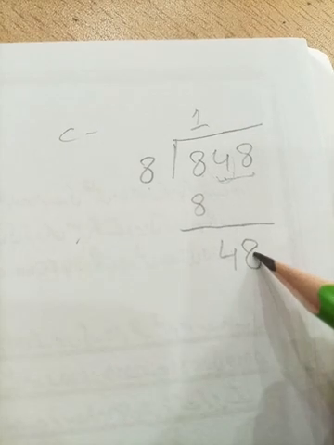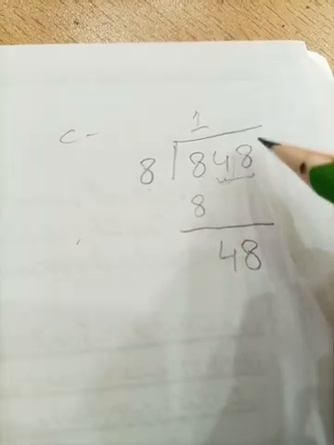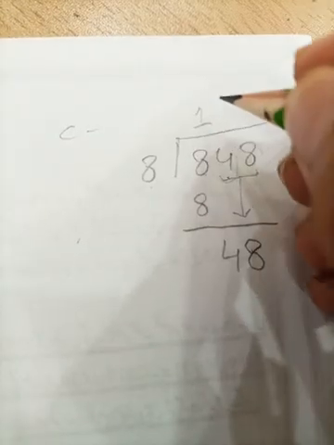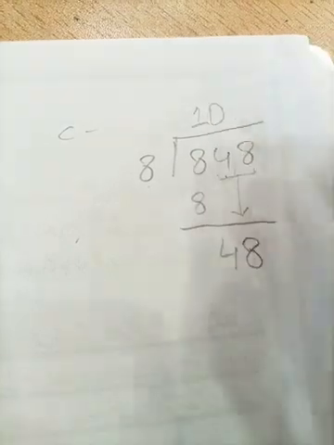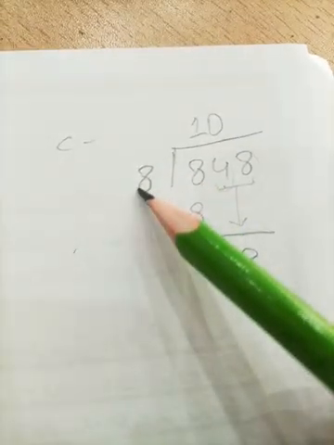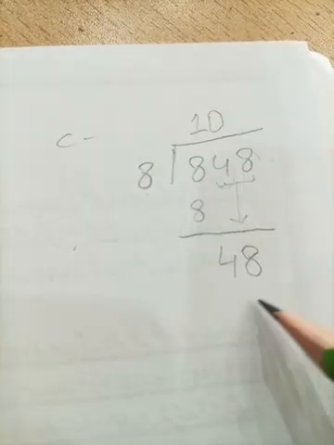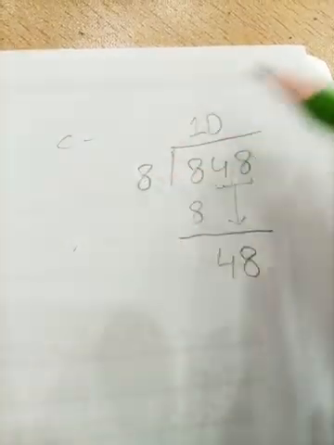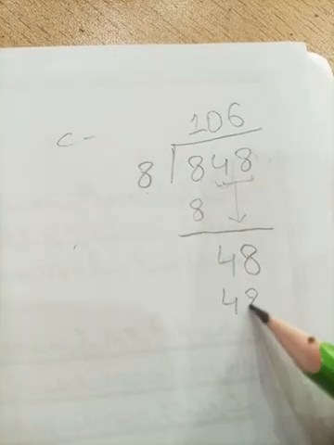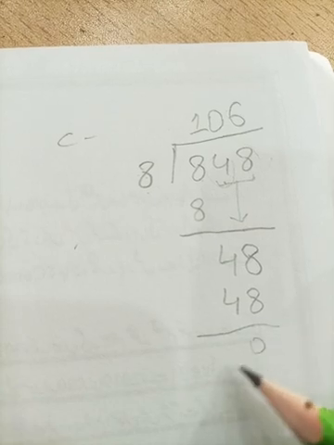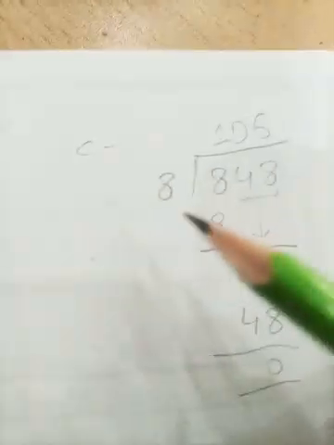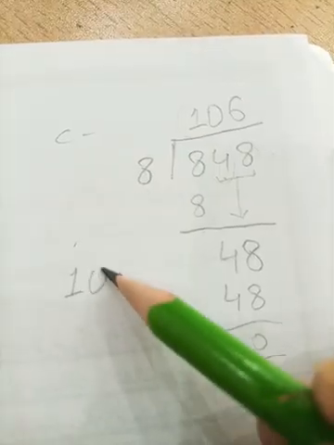This will become 48. Now students, do you remember that when we are taking the pair of numbers, we will mark a 0 in our quotient? Very good. Now we are going to read the table of 8 where we get the number 48. 8 6s are 48. Very good. Now our quotient has a 0. Here is our dividend, and here is our quotient, 106. That is our answer.